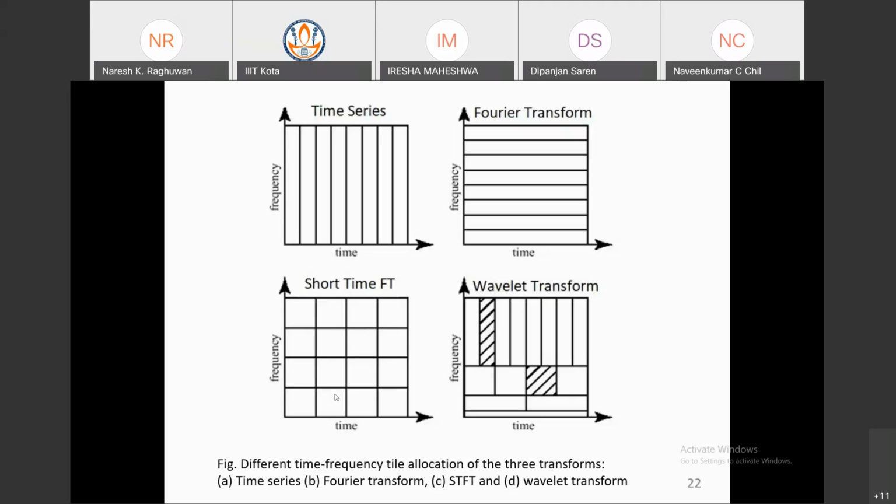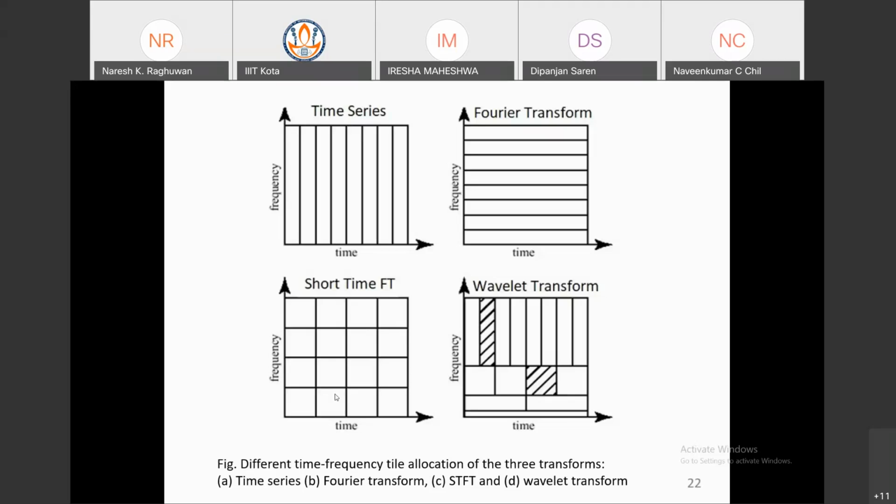You can see this is the frequency and this is the amplitude, so this is the two-dimensional case. The third dimension, vertical from the screen, is the amplitude. In the two-dimensional case, you can see at what frequency the amplitude will be there, and this is the time. So the time domain is fixed, but you can analyze the different frequencies.